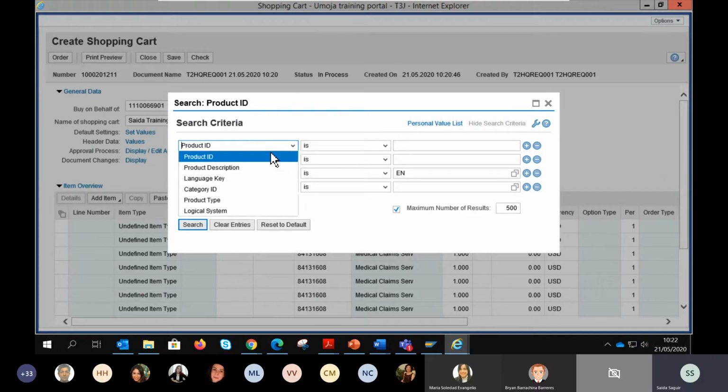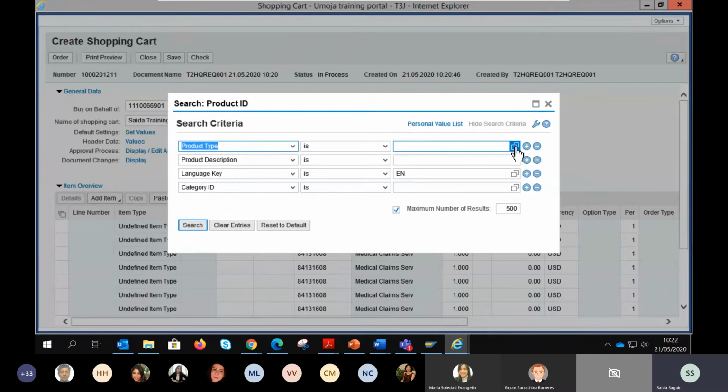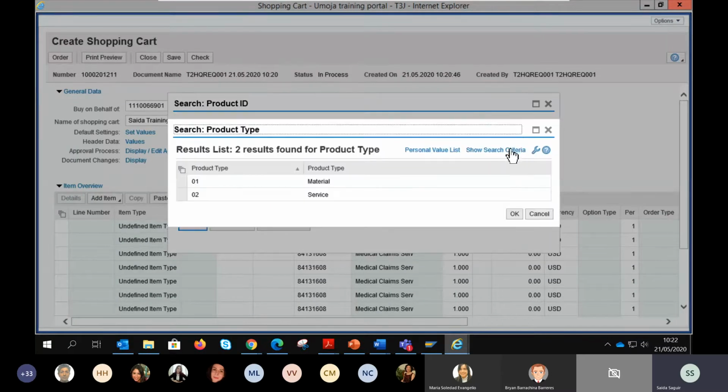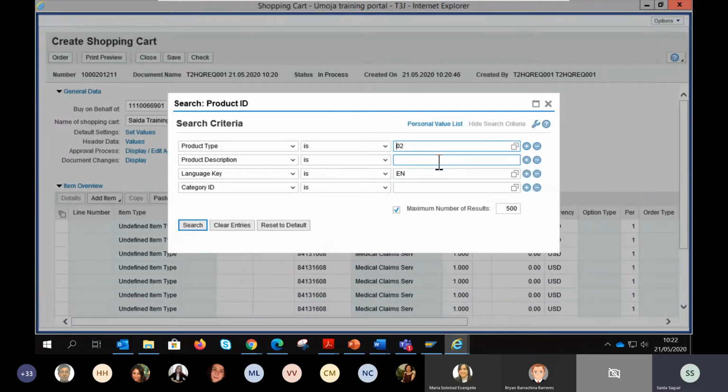And actually, product type will help you filter and find the product ID easily. So you select product type service, and then in the description,